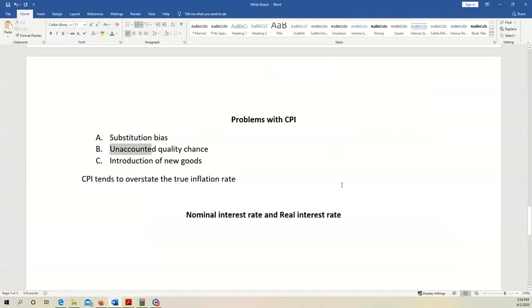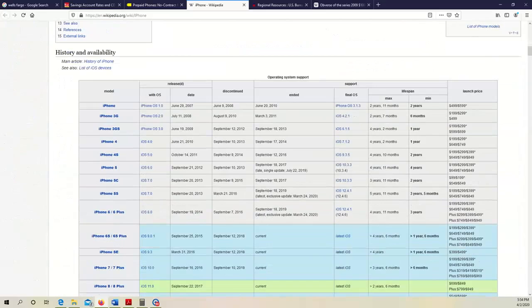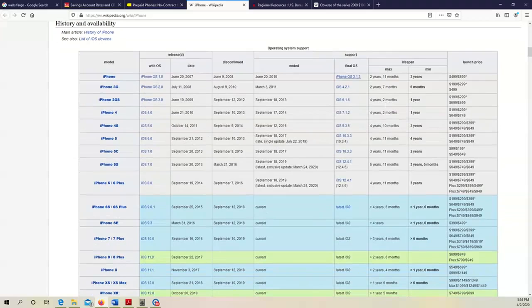Second problem, unaccounted quality change. So when was the first iPhone released? That was back in the summer of 2007, almost 13 years ago, right? So over time, you can see just from this Wikipedia, the price for each generation of iPhone is roughly the same,